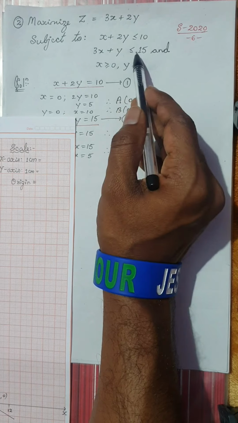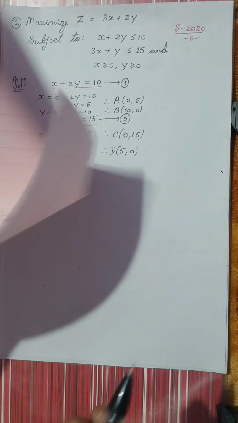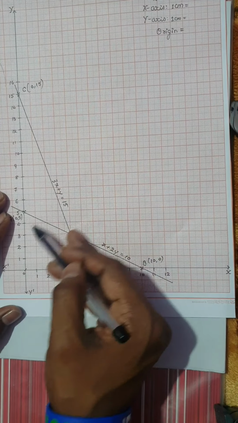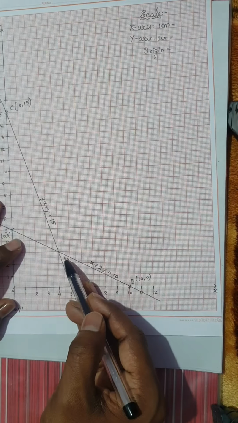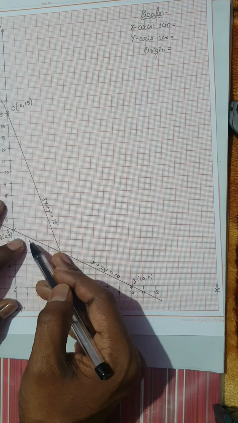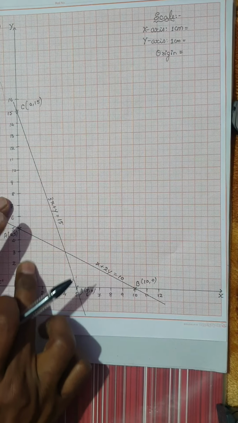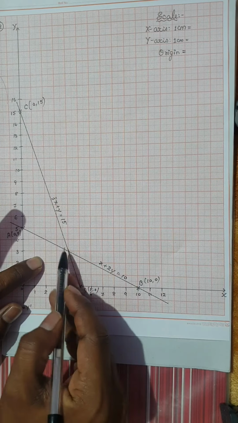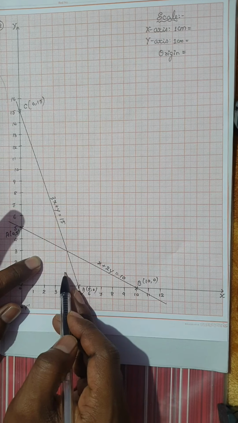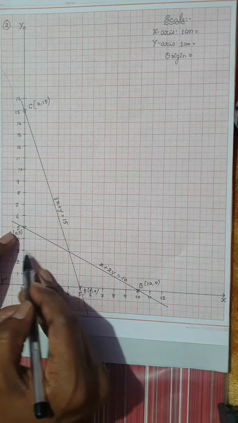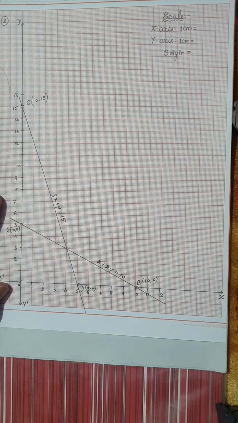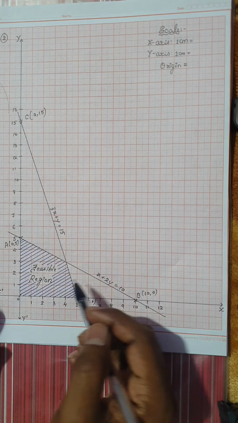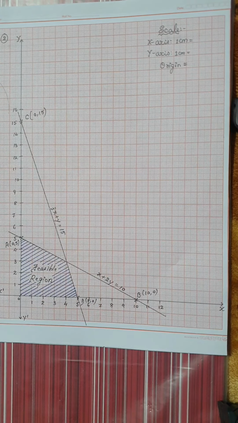Now let's go to this inequality now. Again, 3x plus y is also less than or equal to 15. That means my portion would be below this, that is left side of this line. So according to both the inequalities, left side of first line and left side of second line would again be this is the portion common to both the inequality, less than this and less than this lines. Okay, so this would be the feasible region, and I'm going to shade it. Okay students, you can see here I've neatly shaded the feasible region.